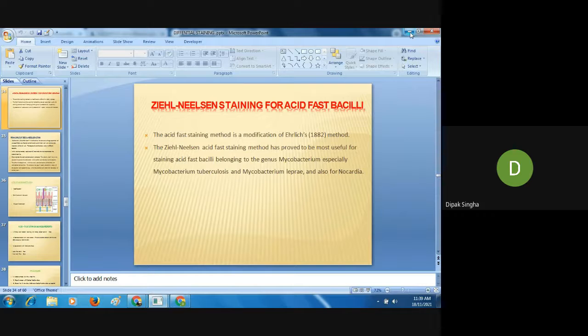Regarding the microbial assay, if a person sits for the GPAT, each and every year 1 or 2 questions come from the microbial assay, and also in case of vitamin assay. Especially for the microbial assay, if you understand, I will give you one test based on it, or if you do not understand, please ask me. If extra time is given, I will take one class, because it is very important, at least 1 or 2 pages. It is present in Remington Pharmaceuticals or microbiology.